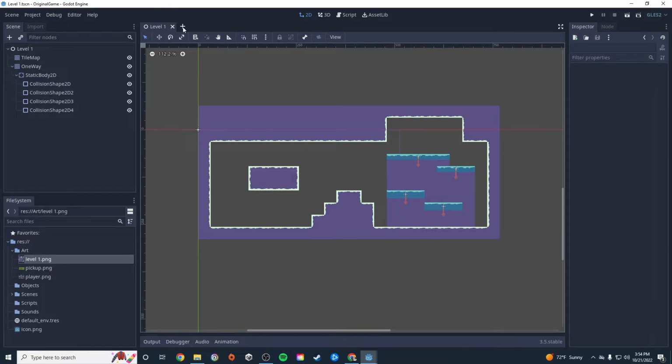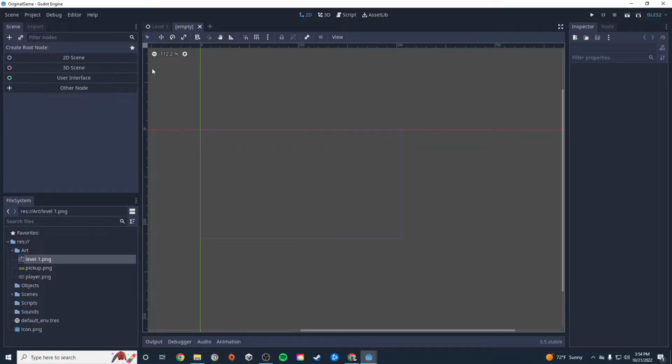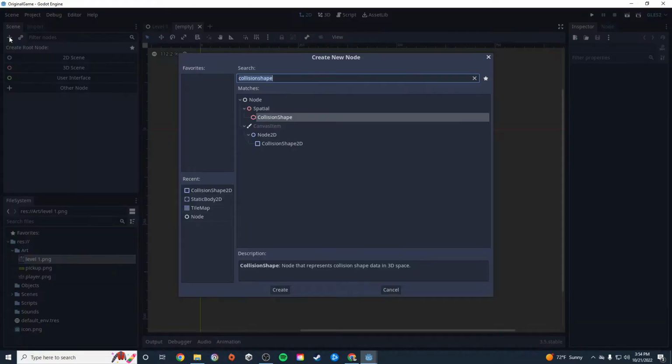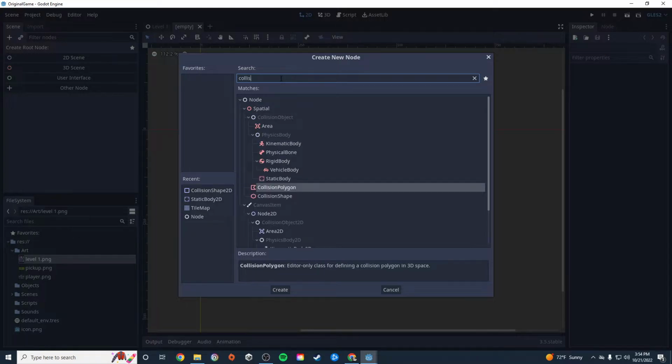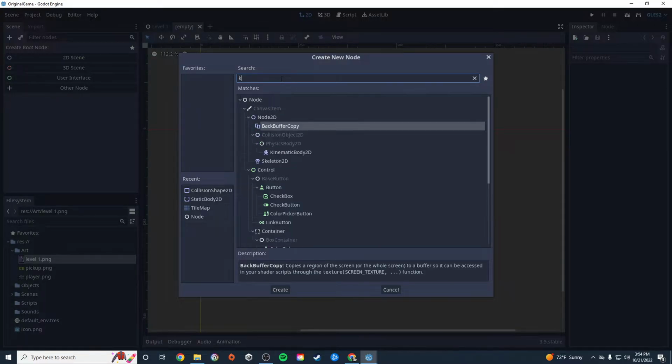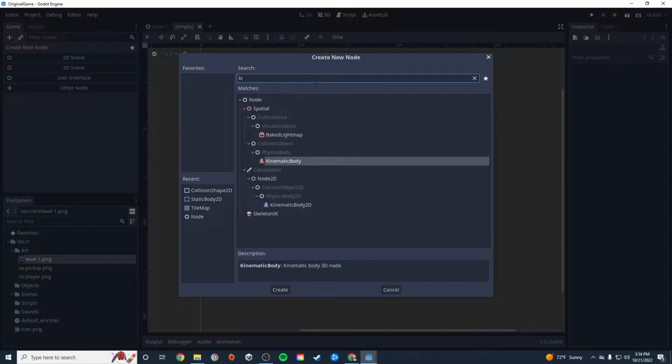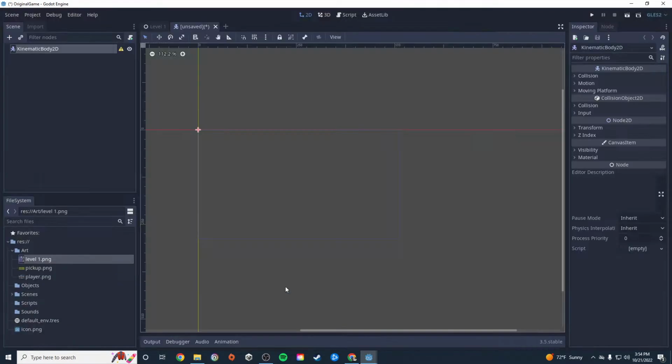So I'm going to click this plus button here to add a new tab. And in this scene, we're going to actually create our character. We're going to start by adding a node called a kinematic body 2D. Now, what a kinematic body 2D does is it allows for physics, it allows for collision, it allows for animation,